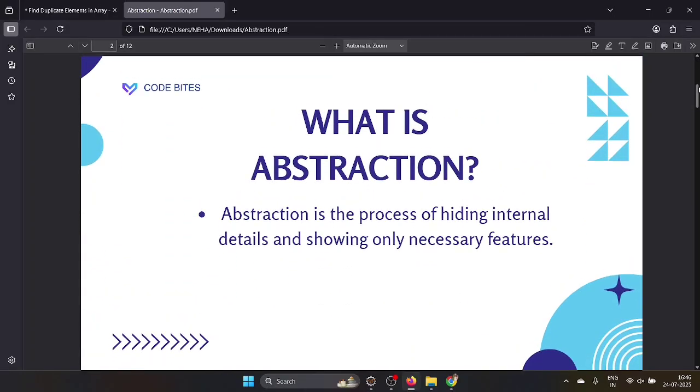Before moving into the definition part, first we will understand it in simple words, in a normal way, then we will go to the definition. You guys are using your mobile phone, right? You are pressing some of the apps, and they open. You give a fingerprint to unlock your mobile phone, and if you give your fingerprint, it is automatically unlocking. It's working, right? It is doing some work, right?